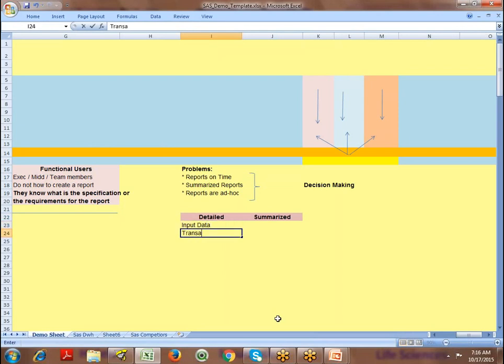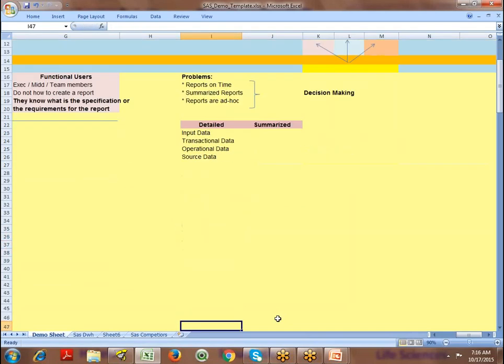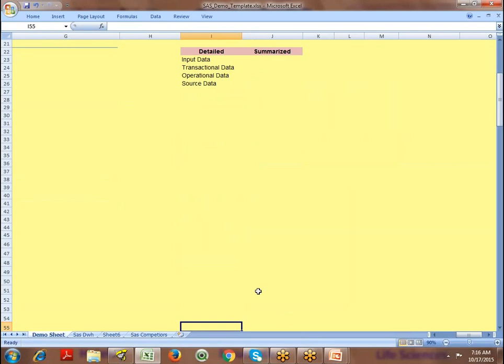You call it transactional data, operational data or source data. For example, every day the customer comes to the supermarket and purchases something. In the supermarket, that is a sales transaction.